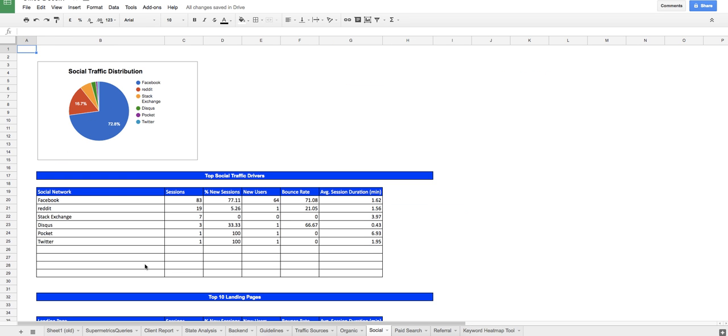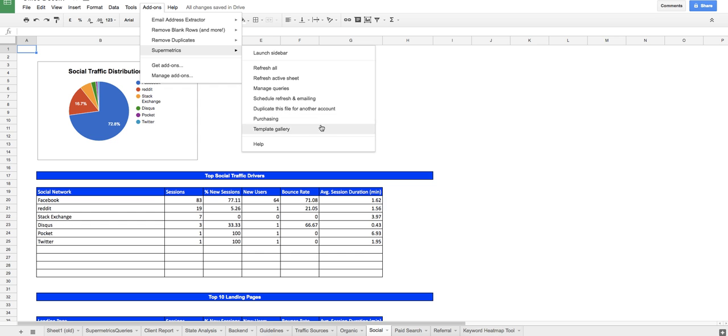You could see which social sites like Reddit, Twitter, Facebook. In this instance, the site doesn't get a lot of social. And then there's paid, direct, and referral. So you can see that you'd be able to delve into all those metrics sheet by sheet, and this could be potentially quite useful. The last one we're going to look at is